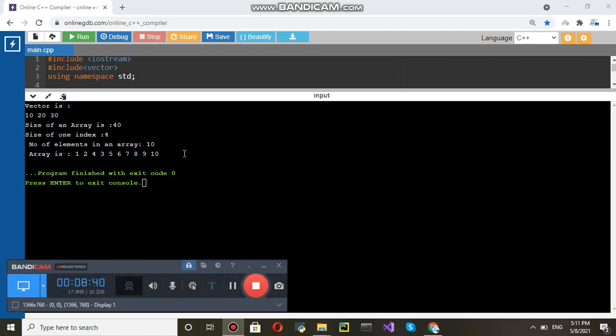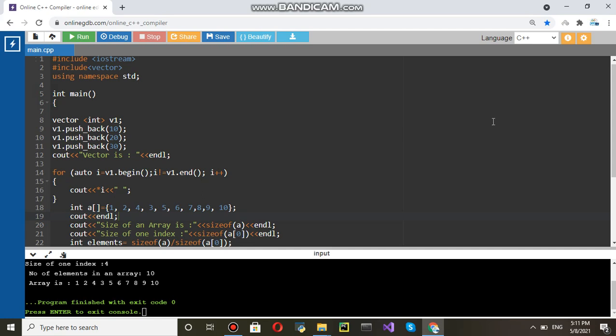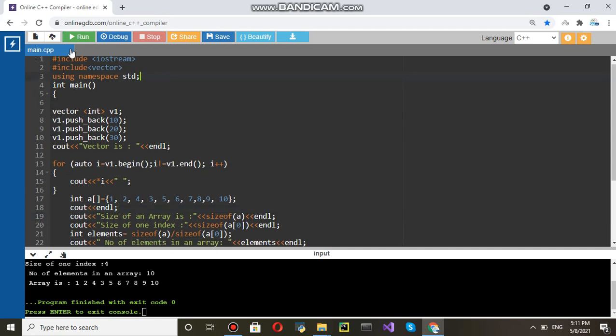So this is how we can understand vector and array. Input output stream has been included as a library. Vector is included as a library. Using namespace std, because of that std double colon cout, no need to write, directly you can use cout.